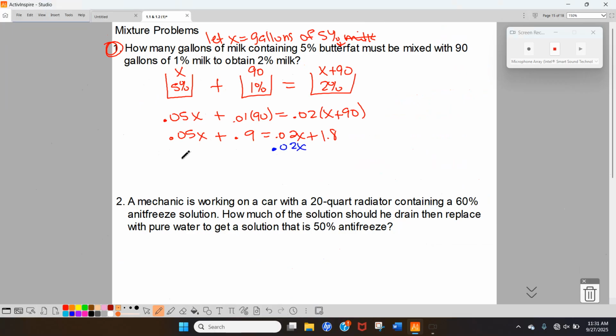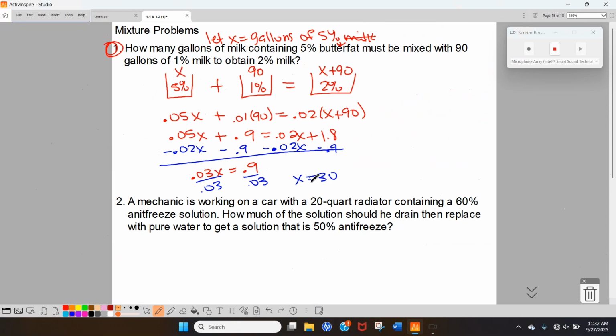So we're going to move 0.02x, and then we're going to move the 0.9. And we will get 0.03x is equal to 0.9. And then divide by 0.03. And we get, is it 30? Yes. All right, so then you would need a statement that says you have 30 gallons of 5% butterfat